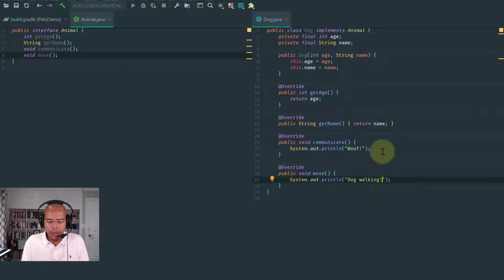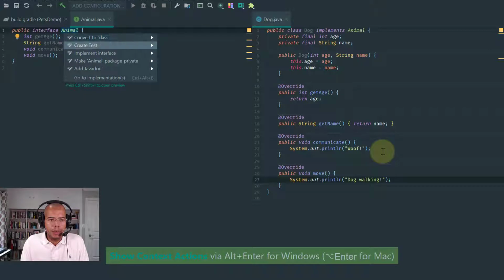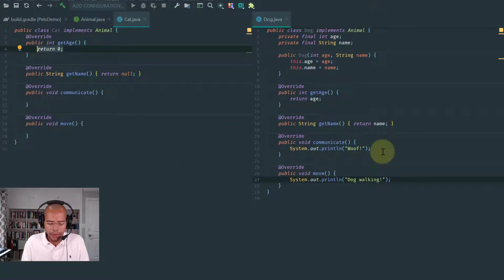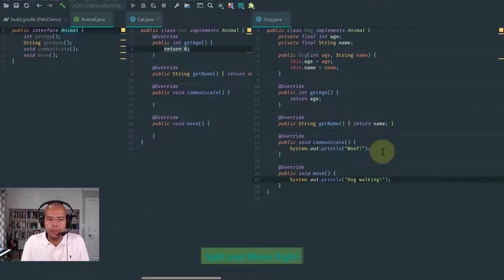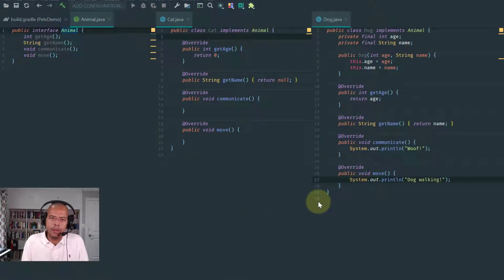So now let's go back to our animal class and implement another animal. For example, let's say we have a cat, and here perhaps let's again split and move right again. Okay. So let's just make a little bit of space here. So now see what's happening, right? We don't want to be duplicating this behavior, right? So what we really want to do is